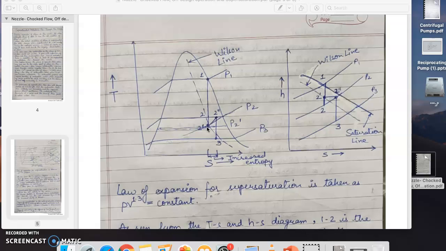This is experimentally observed, and it is also observed that the condensation cannot maintain its pace till a point which is approximately 0.96 to 0.97 dryness fraction, and the locus of such points for all the pressures is drawn by this line, which is known as the Wilson line. So at this condition, the condensation suddenly takes place. We can see it from here. At this point, this is Wilson's line, the condensation suddenly takes place and the equilibrium is maintained.